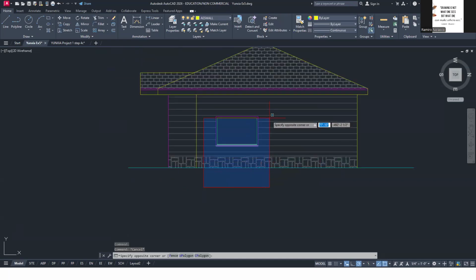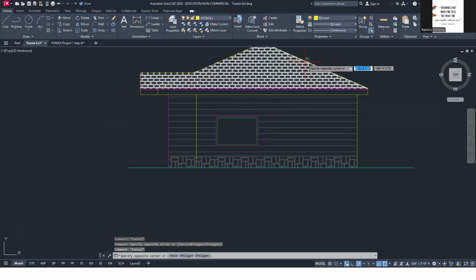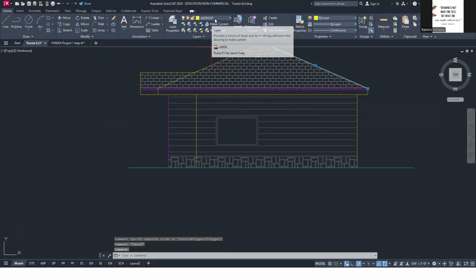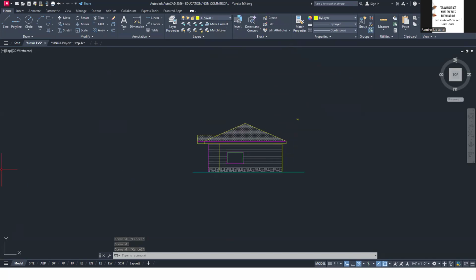This one will be window layer. So AEE win. This one will be in the roof layer, AEE roof, but the hatch could go to the hatch layer. So this one will be in the AEE roof layer. So each direction has